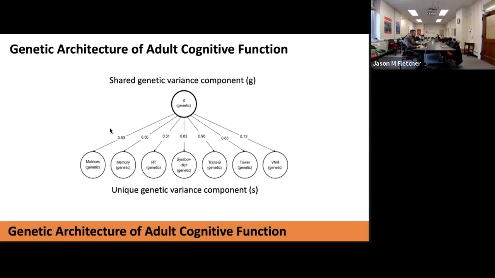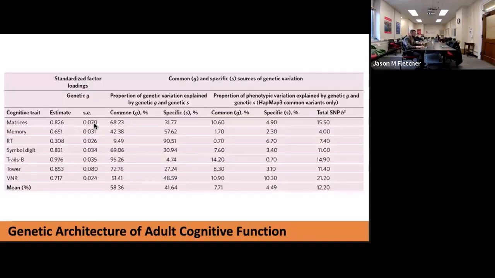So these numbers here are factor loadings, which are basically regression weights that relate the growth factor, the latent factor, and the genetic component of each of the individual traits. Okay, so this table reports the proportion of genetic variation explained by the shared and unique variance component for each cognitive trait and the respective absolute contribution, the SNP-based variability, as estimated from LD score regression using HapMap3 common